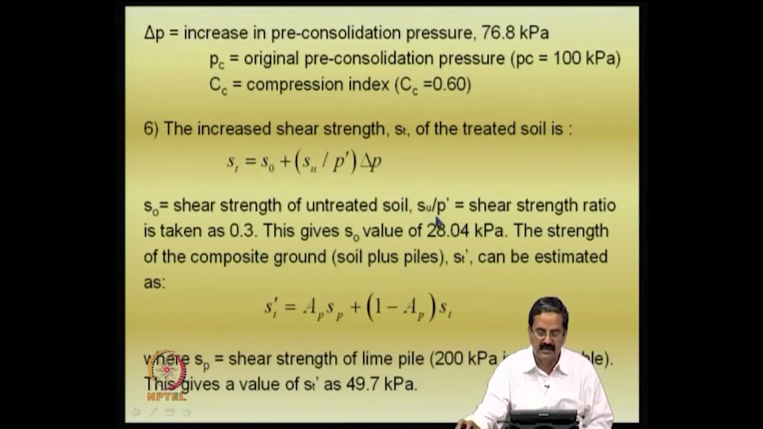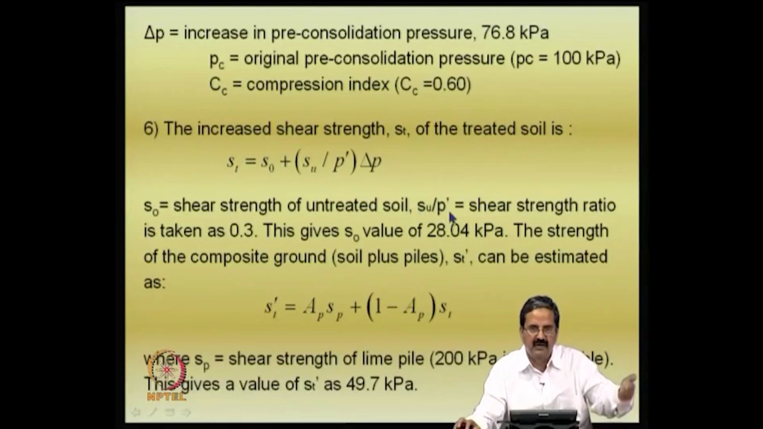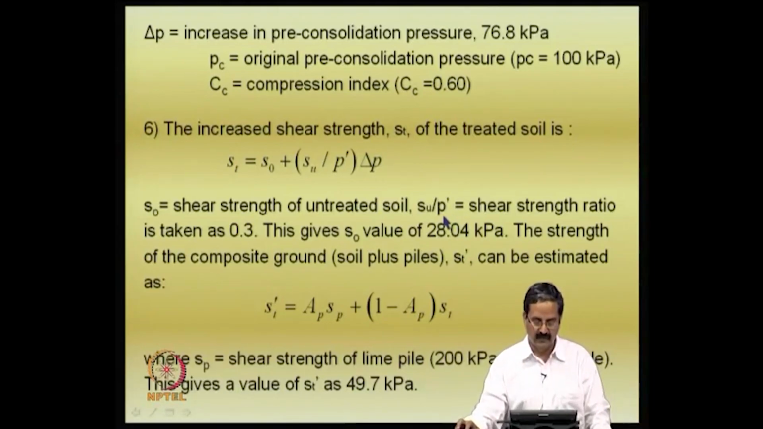So, if I take Su by P, it is nothing but the ratio of shear strength divided by overburden pressure. One can get this equation in this thing. Shear strength will be, say for example, 30 kPa and overburden pressure is 100 kPa. If I go to a depth of 5 meters, 5 meters into 20 is 100, and if I measure the strength there, it will be 30 kPa. What it means is that, so that value if I put, and then the delta P is also known, so I will get this as shear strength increase. You can see that